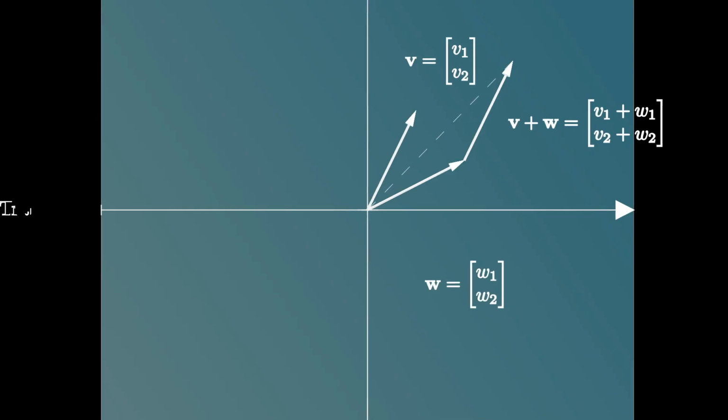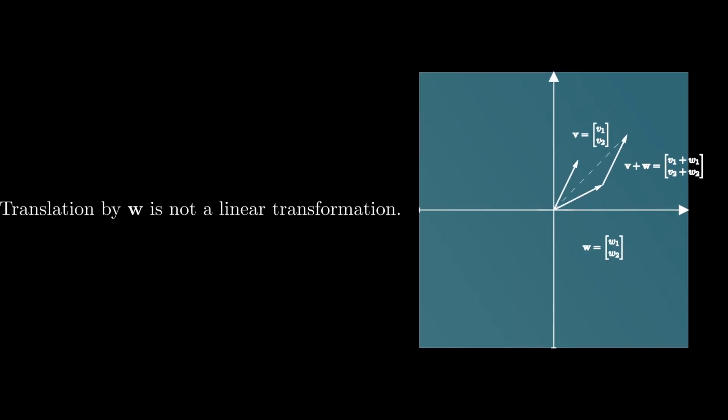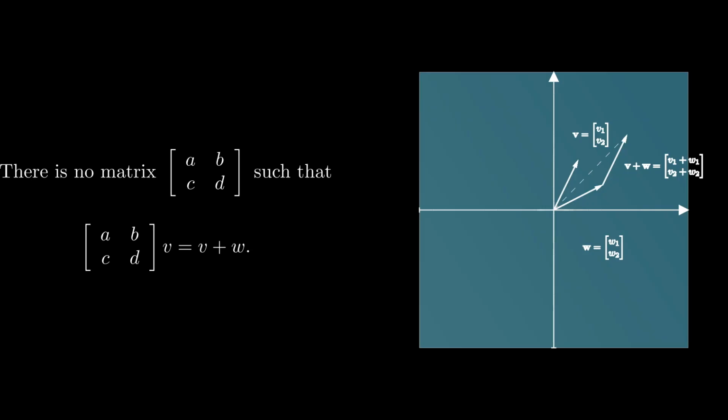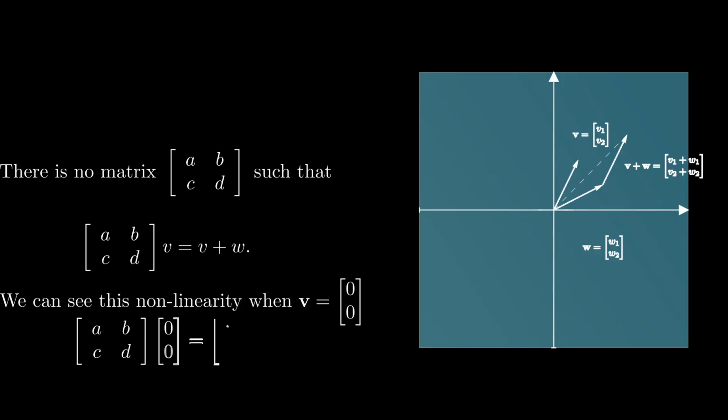But here's an issue. Translation by a vector like w is not a linear transformation. This means that there is no 2 by 2 matrix we could multiply v by to obtain v plus w. To see this impossibility, observe what happens when v is the zero vector. A matrix times a zero vector is just the zero vector, but w, the vector we're shifting v by, is